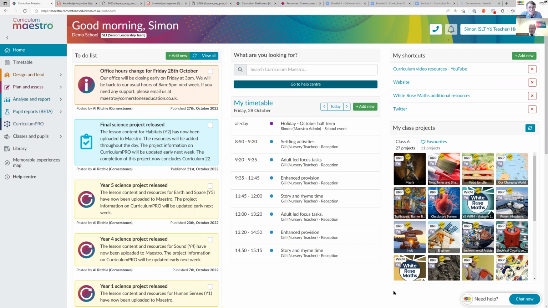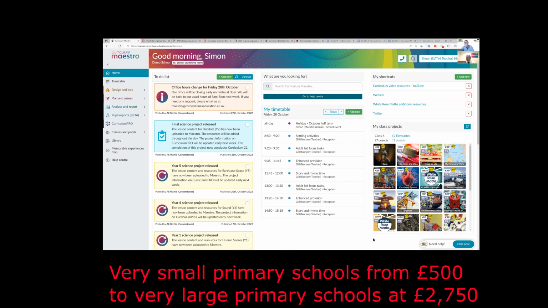Good. You've mentioned a license, and obviously there's a cost to this. Is that linked to the size of the school? How much the license is going to cost? It is. We understand that you've got schools of different sizes. We've got a school of 7 pupils and two schools of 12 pupils. And then we range up to schools with over 1,000 pupils. So we price the license from £500. The value of Maestro to us is £2,750.